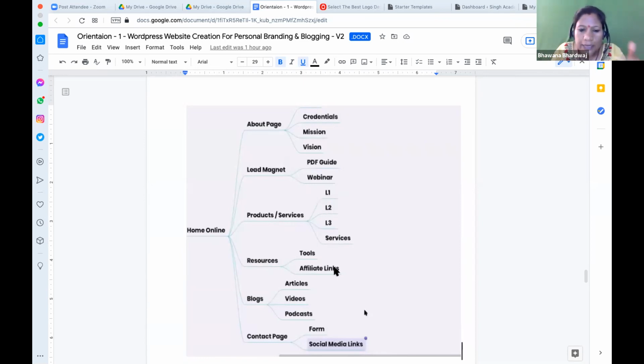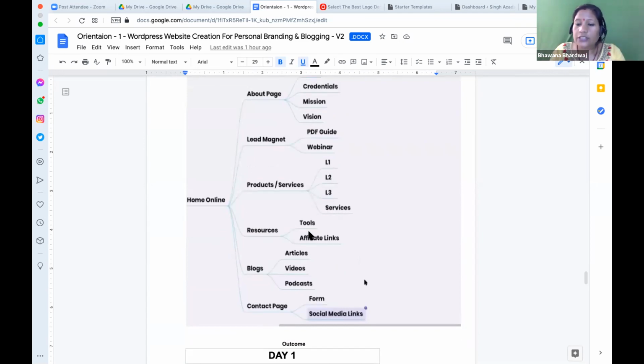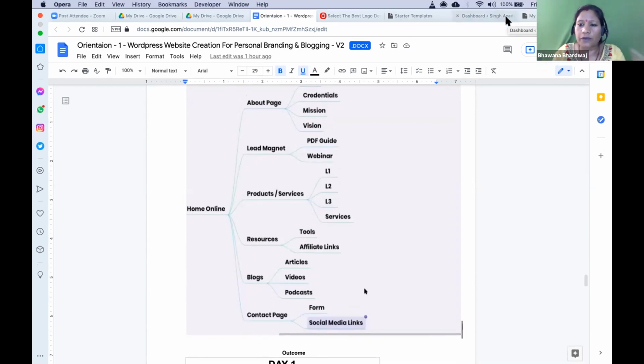Right? So that can be a different product, or it can be a service. Whenever this is a service, you have to present your service as a product. There can be a resource section, because when people are coming, you might not be providing everything in your industry. Whatever you are doing, let's suppose Sing Academy, what kind of education are you supposed to provide in the Sing Academy?